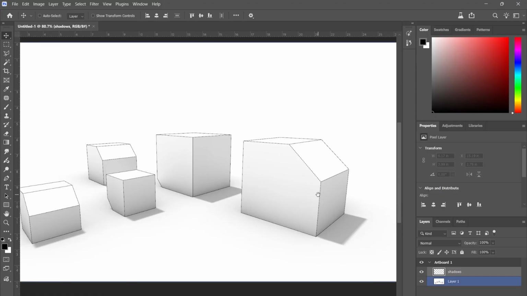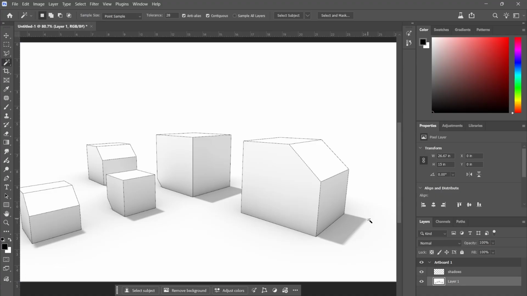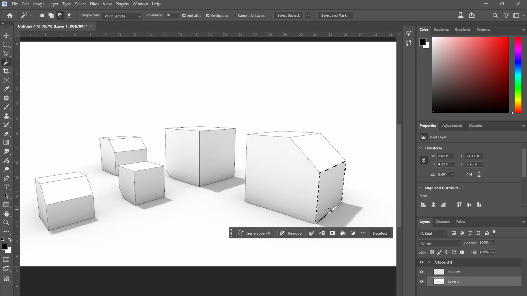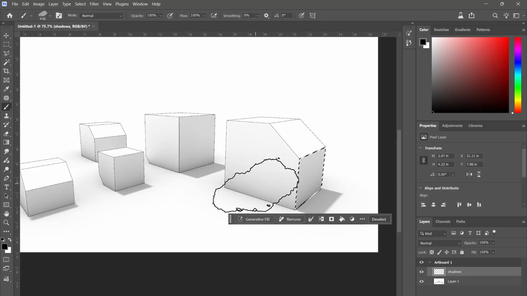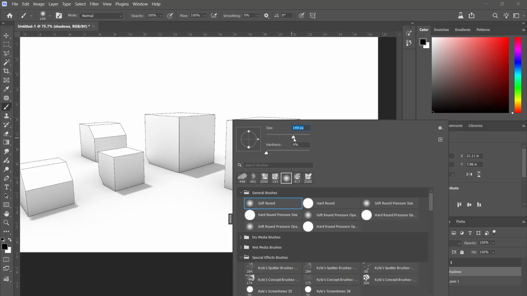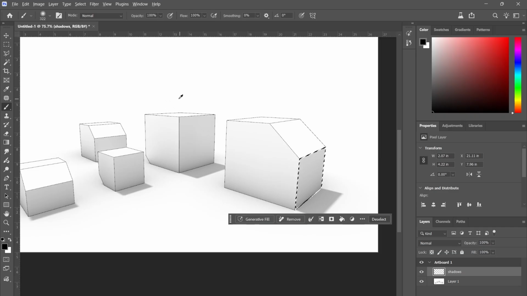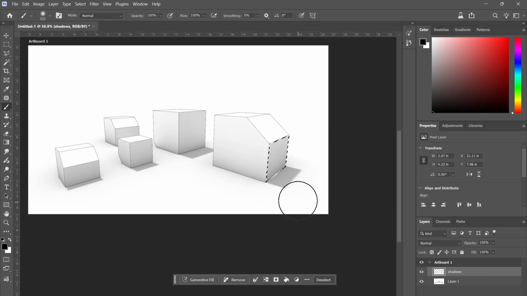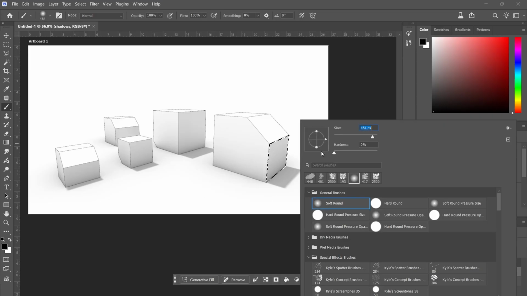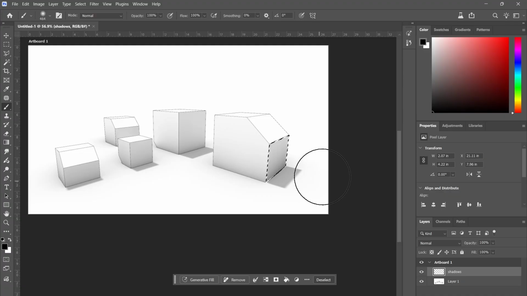And then we'll do the W for magic wand tool. It's also located here. We have to go onto the layer that we want to select. We're going to select the faces that we want, and then we're going to go back up to the shadows layer, V for brush, but we're going to make it a fairly large brush because we want to do it really softly. I would keep the opacity and flow at 100 and make sure that this is black. And we're going to gently, maybe make it a little bit bigger, gently bring it in